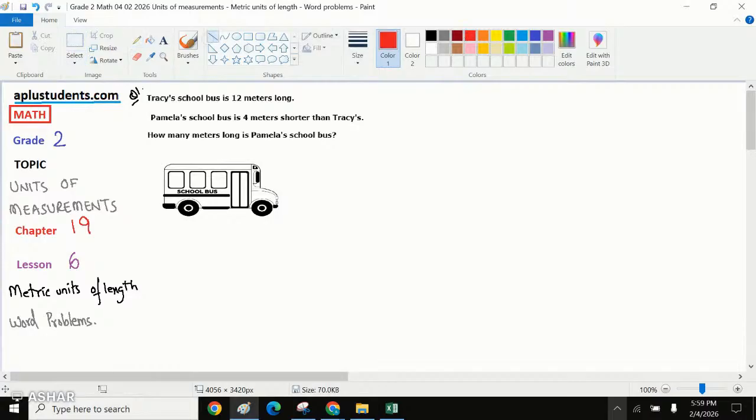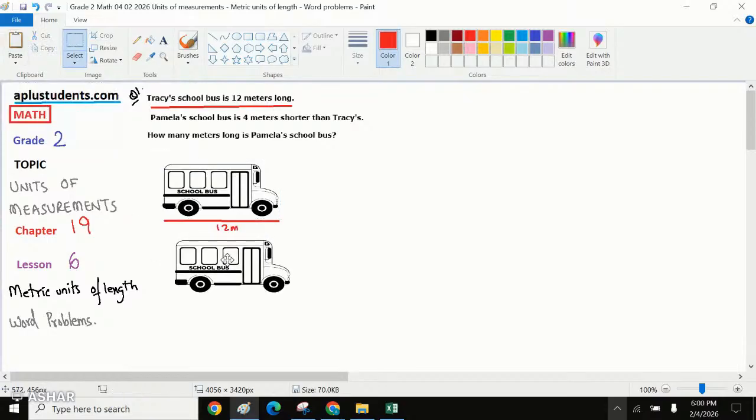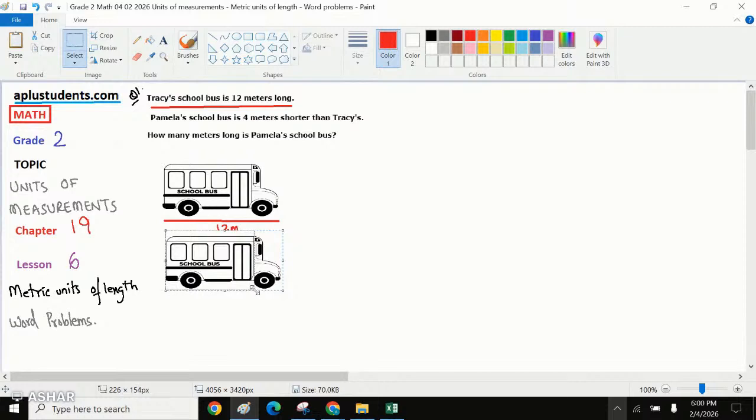So the length of Tracy's school bus should be 12 meters. They are saying that Pamela's school bus is 4 meters shorter than Tracy's. If this was Tracy, and that means if we were to consider Pamela's bus, it should be 4 meters shorter, right? Then this should be